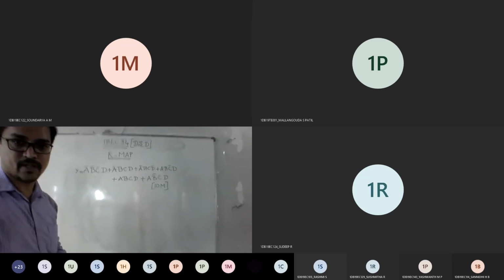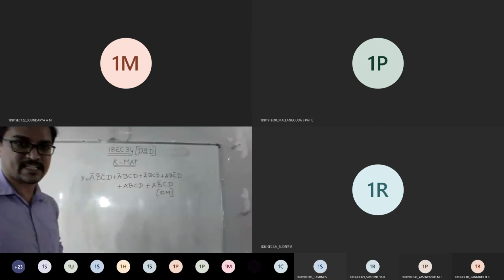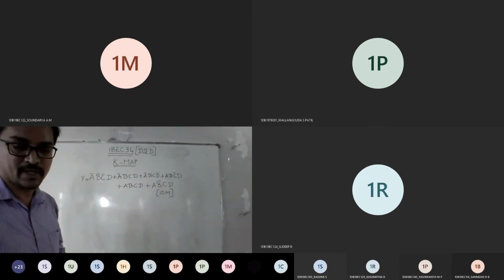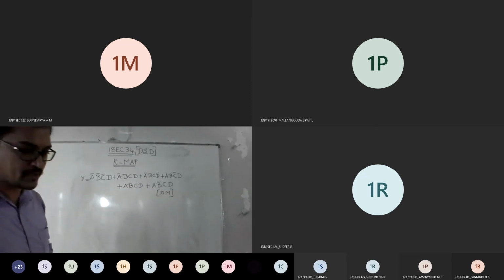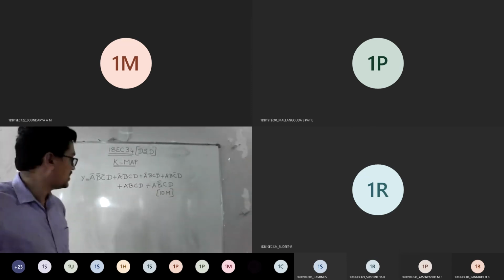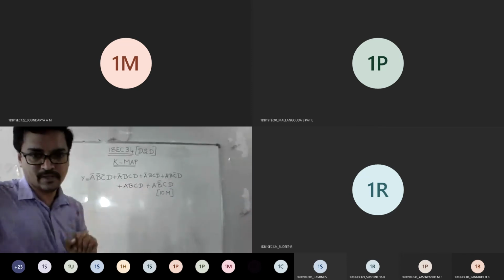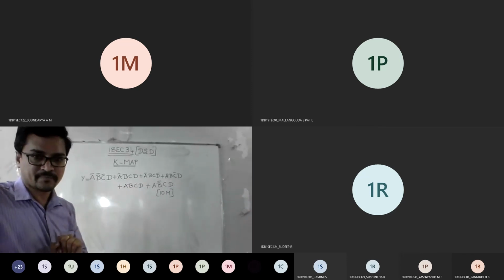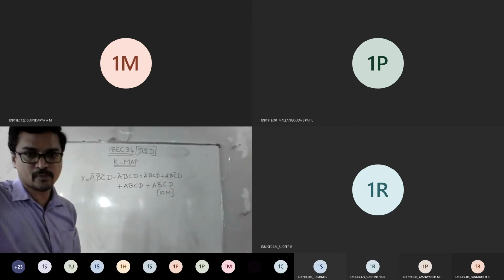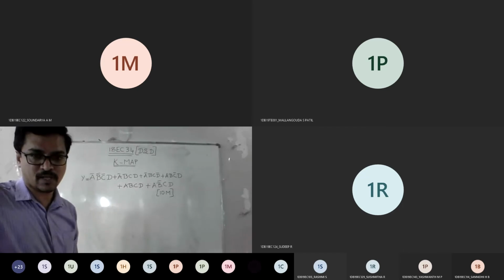So now what are you supposed to do? You're supposed to reduce this expression in such a way that I can build a logical circuit with fewer gates. That is the agenda. Once you know this, you get the idea. It is a 4 variable K-map example, and it is clearly in minterm form. Minterm is nothing but your SOP form, right? So you need to pair the ones.